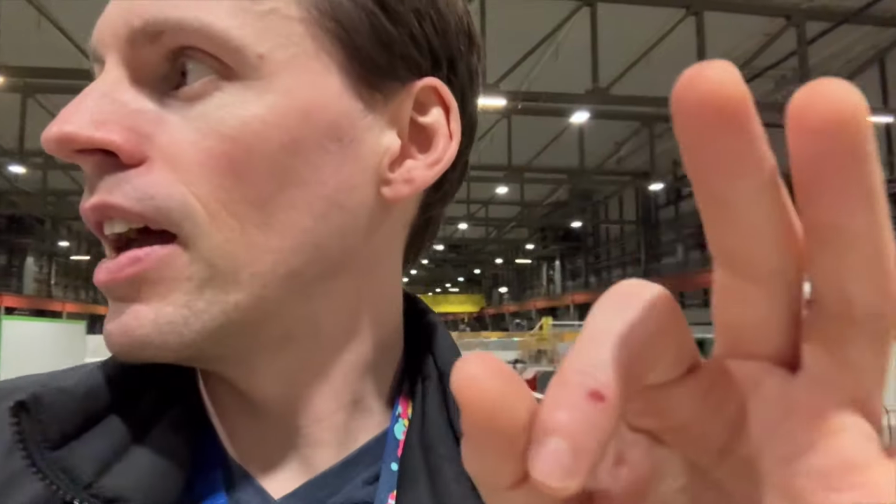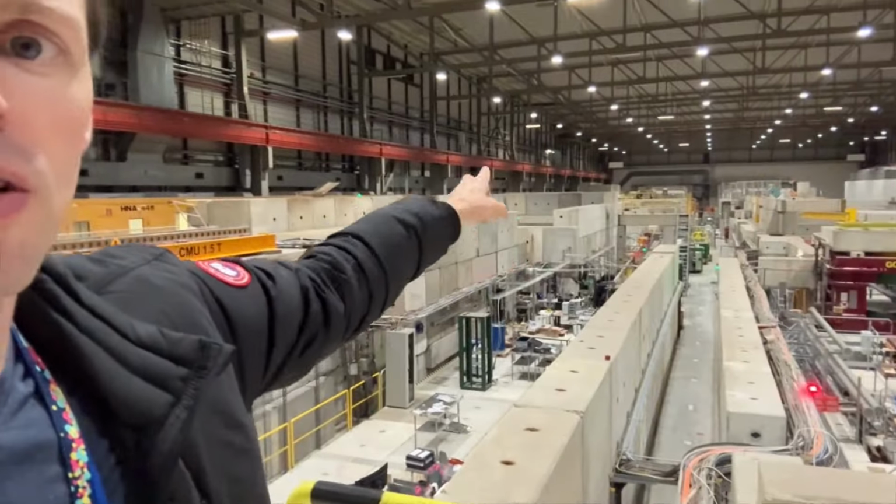And then it puts it into a circular accelerator where they slowly increase the frequency of the magnet, and then they take that beam, and there's two options. They could send it into the LHC, or they could send it here. And when they send it here, it comes into this building further that way. It hits a bunch of targets, so when it smashes into, say, a graphite target or something,